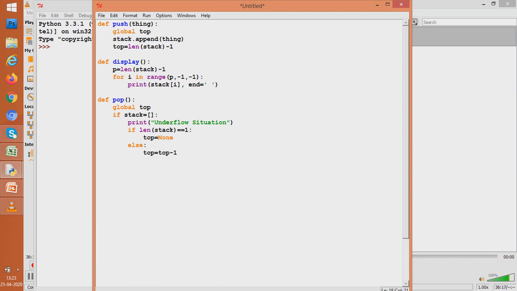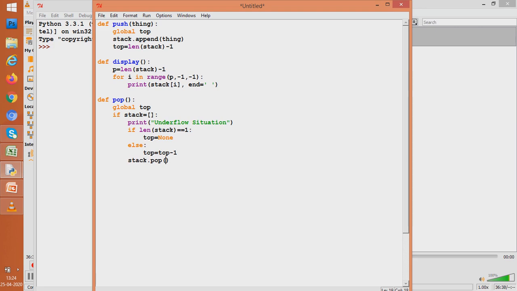So we have actually till now maintained the status of top, but we have written nothing to actually delete that item. What should be written to delete the item? We should write stack.pop to delete the item.